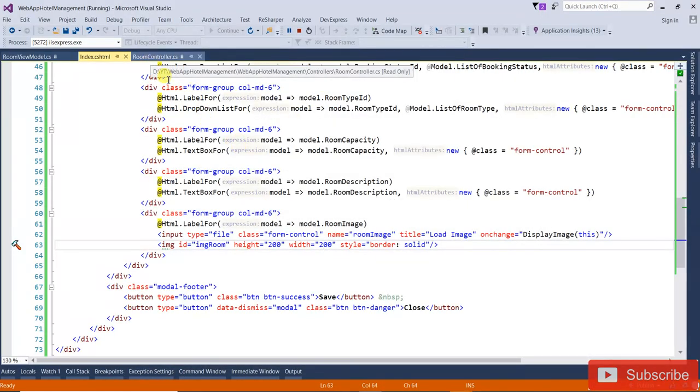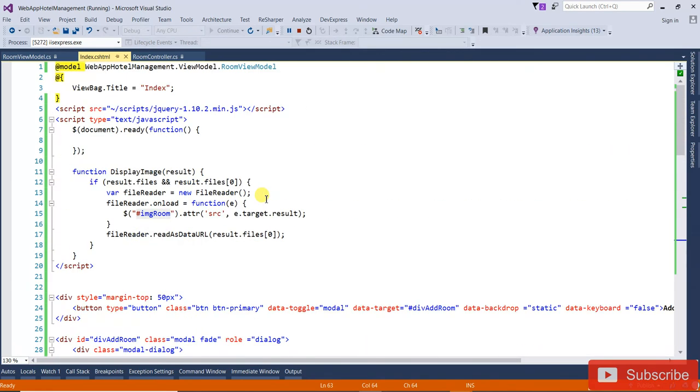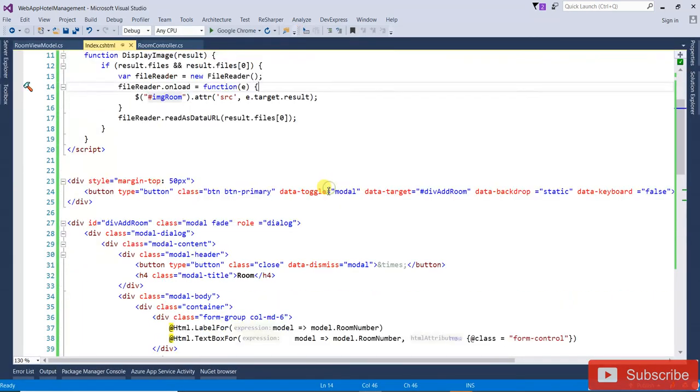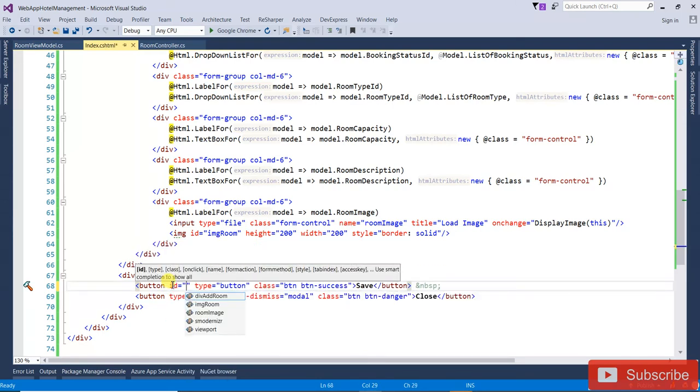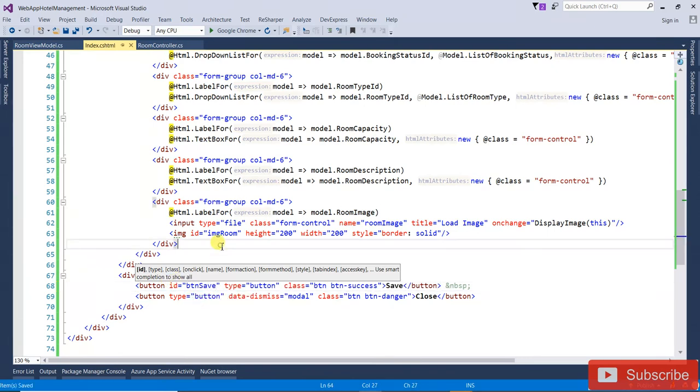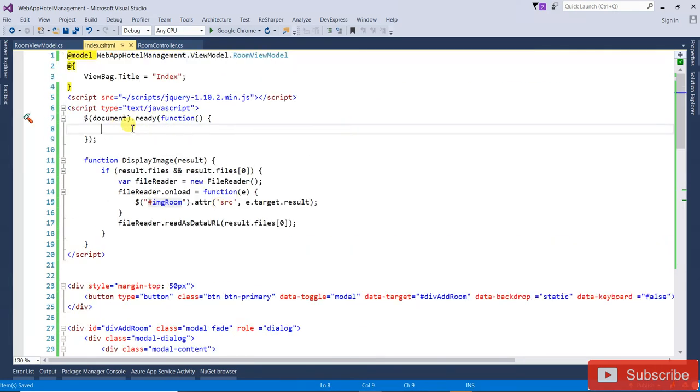Now open that room controller. Now we're going to start with save. So button type, if you look, it's a save. Now I'm going to add an ID. The ID will be your button save. That is save. Now call this, go to the document ready function,